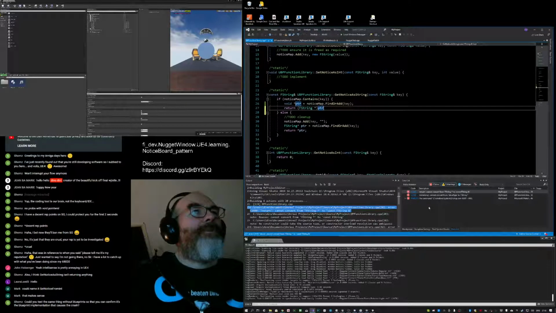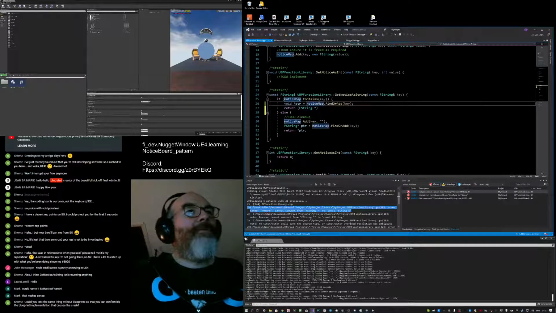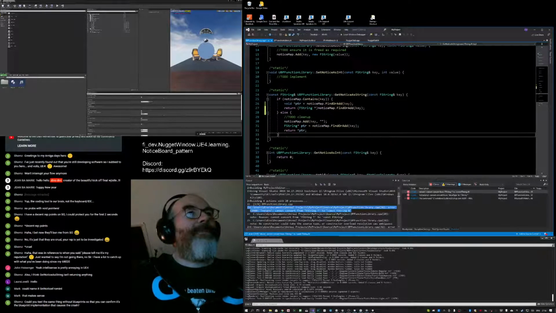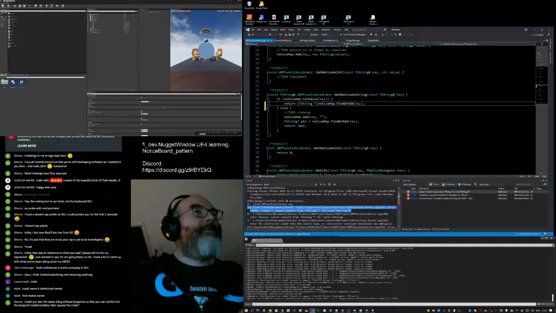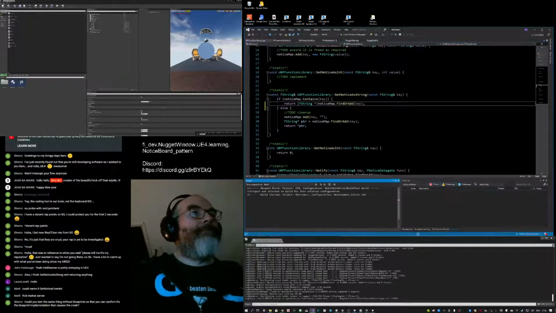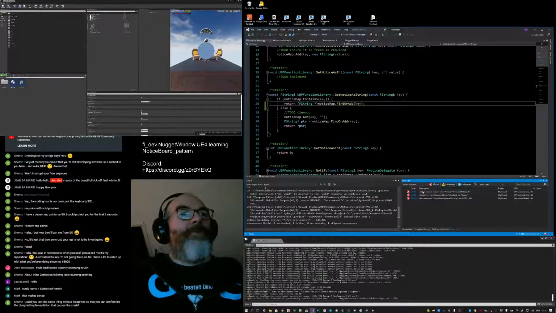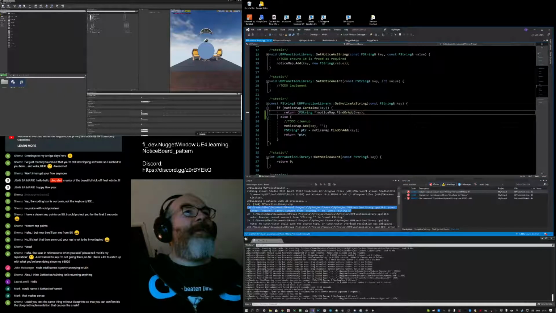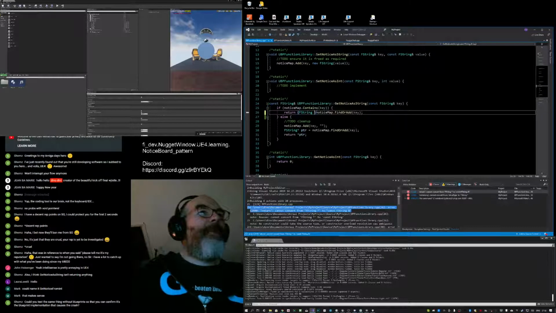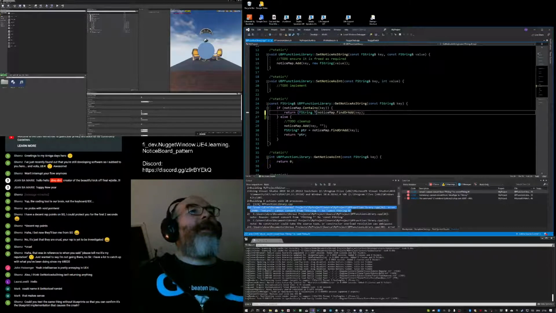F string star, notice map. I mean, it could be as simple as that, right? Which is what I had before, but, oh no, hang on, it doesn't like it. It might help if I actually, right.